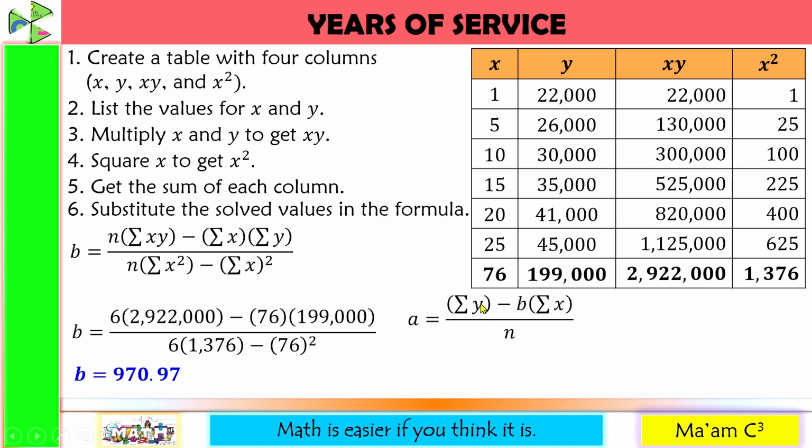For a, we have the summation of y minus b times the summation of x all over n. Let us substitute our values here. So we have the summation of y, look for y, the total is 199,000. Minus our b is what we computed earlier, 970.97. And multiply with the summation of x, the total is 76. All over our n, which is 6. Computing this in a calculator, it will give us